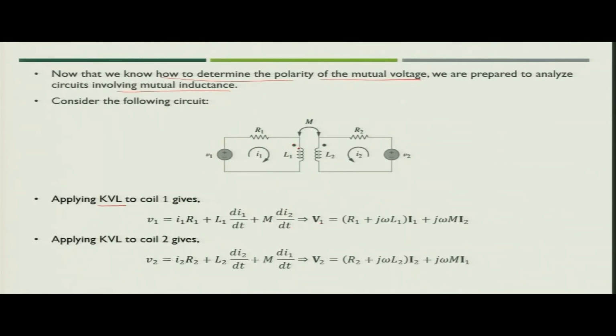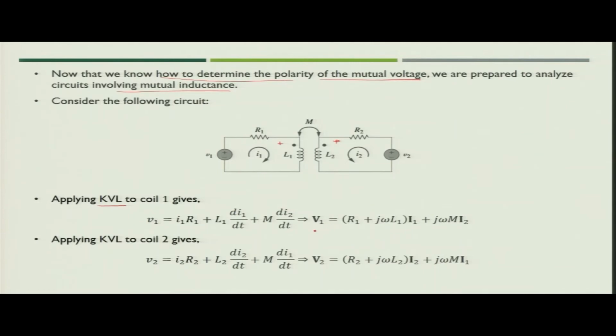Now, here in both cases your current is going inside the dot, or reference polarity is positive on both sides where the dot is connected. It means that the mutual voltage which you get because of the magnetic coupling of these two coils will be positive. So, you can write V1 is equal to I1 R1 plus L1 dI1/dt plus M dI2/dt,